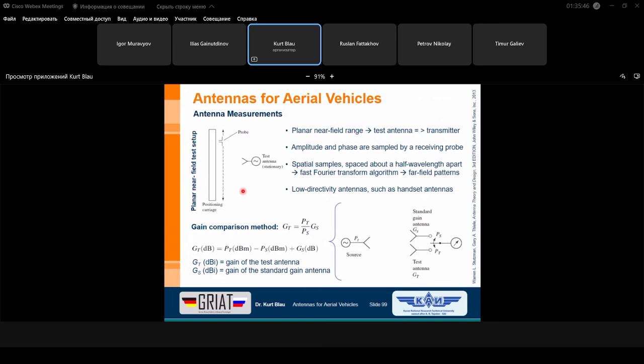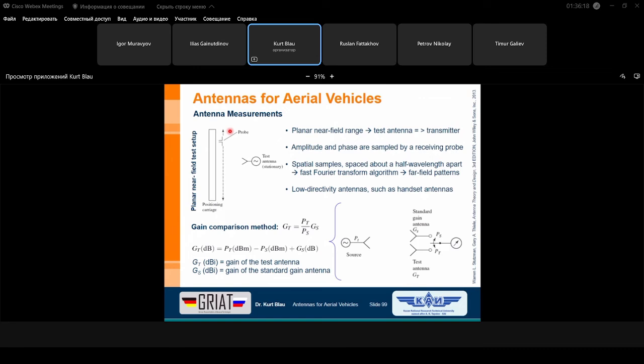It looks like a scanner for scanning sketches from a sheet of paper. And in principle, it's the same mechanism, but only instead of, let's say, a laser diode or so, we have here a probe antenna,